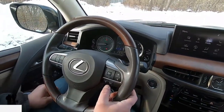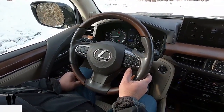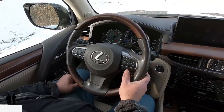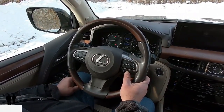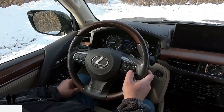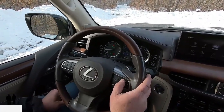There's your adaptive cruise control. This is the gap setting button on the wheel, so if your cruise control is on, let that get out of the way there. Now I can set my gap setting with this button. Okay, and we'll go back over here. That is the only thing in this particular screen. So if I go one more to the right,